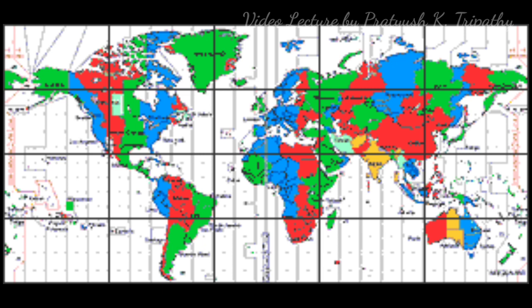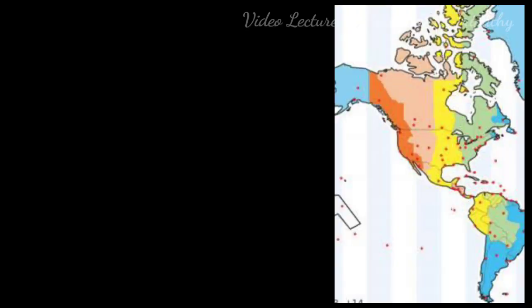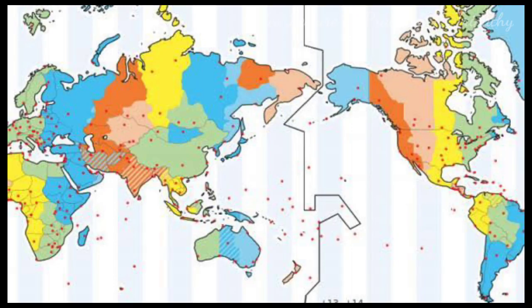in India. Some countries such as the USA, Canada, Australia and Russia, which have a vast east to west extent, have several time zones. For example, Canada has 6 time zones, Russia has as many as 11 time zones, and USA has 6 time zones. Let's come to the last part of this chapter, that is the international date line.